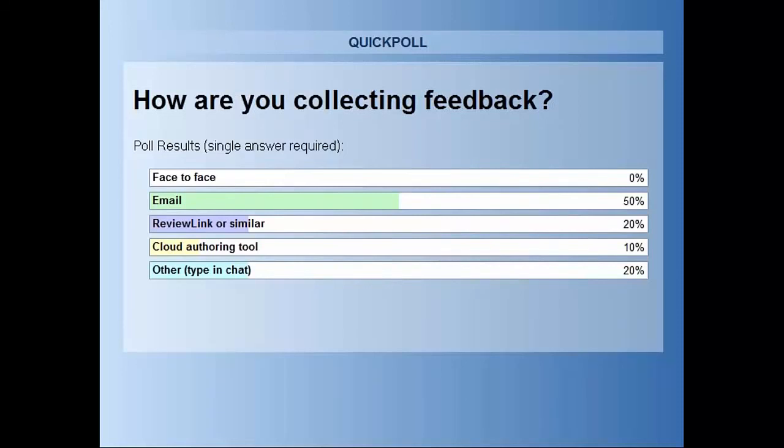So you can see there that most people are using email or review link. Some of the other ones we received in chat were things like SurveyMonkey or just comments from learners. So we'll go back to our slides. Yeah, and those of you that are using email,